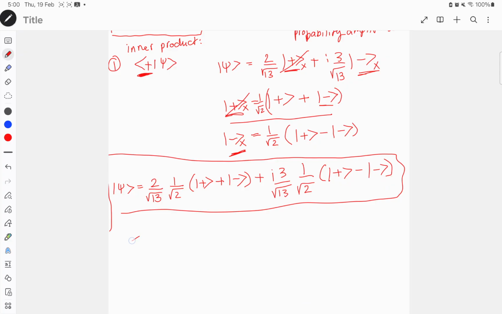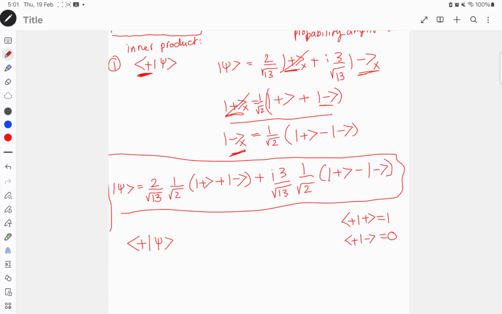So this one multiplied by this one. So we know that positive state multiplied by positive state will give us 1. Positive state multiplied by negative state will give us 0. So by knowing that, we will get here if we multiply here. Okay,